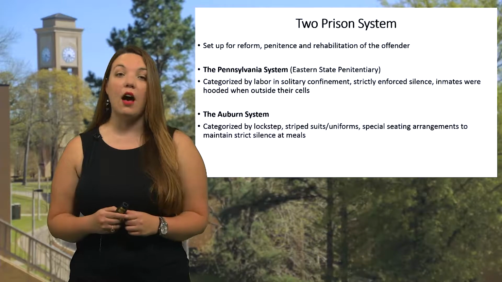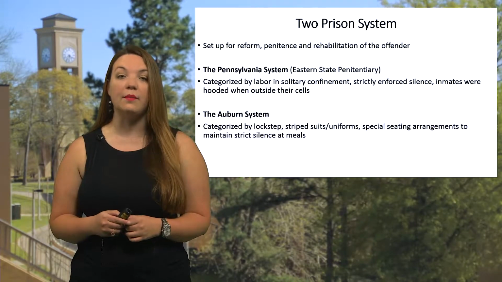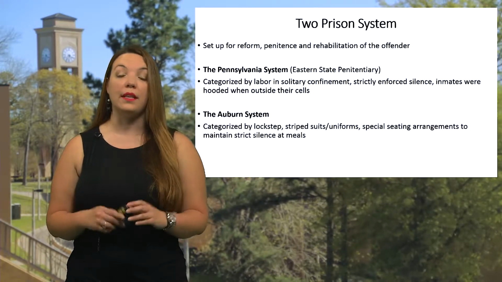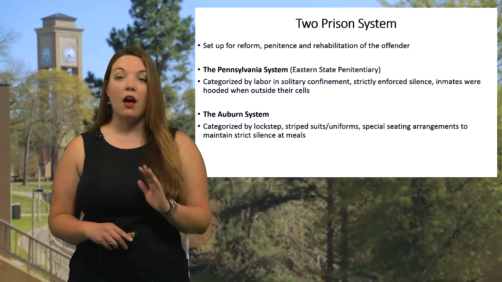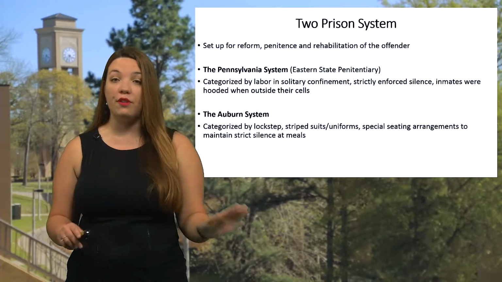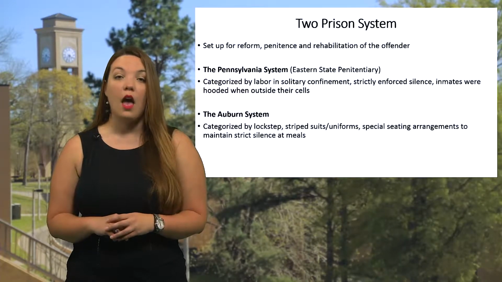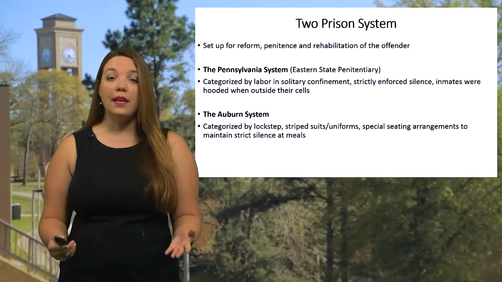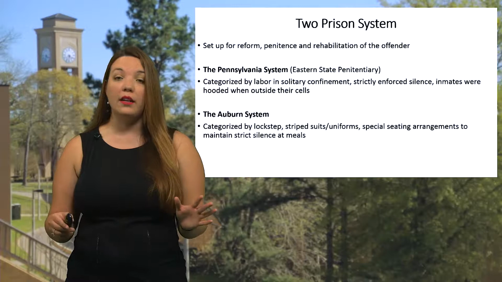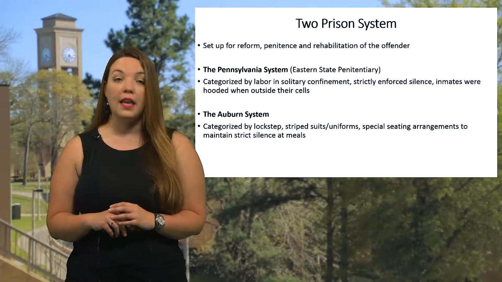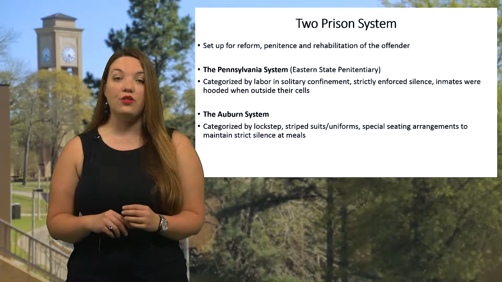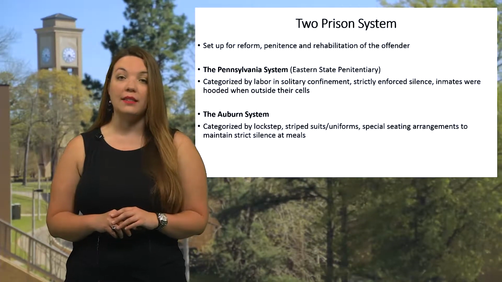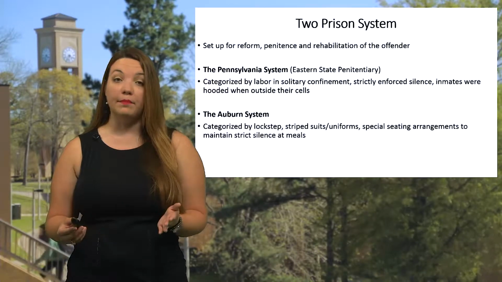In contrast, the Auburn system was the competing prison system and made efforts to evolve from the solitary confinement that was used in the Pennsylvania system. Instead, the Auburn system took additional steps to just strip away the inmate's individuality. For instance, we see the real first use of uniforms. Inmates were not allowed the freedom to eat where they wanted or even to talk during mealtimes. Additionally, there were strict measures to make sure that the inmates marched in silence and in compliance with prison operations. This technique was called lockstep.